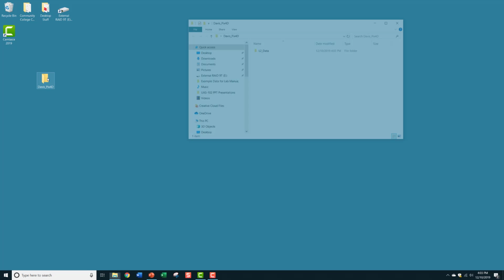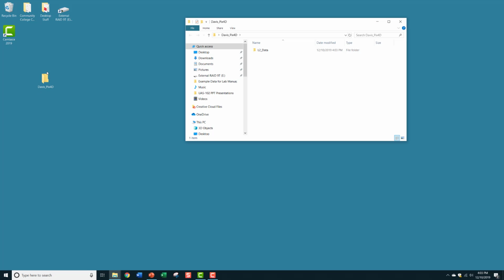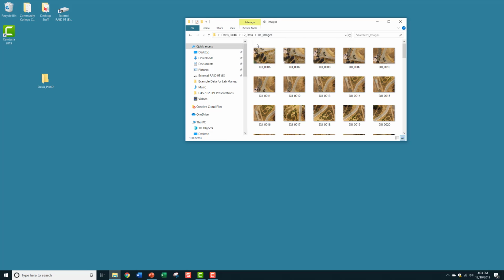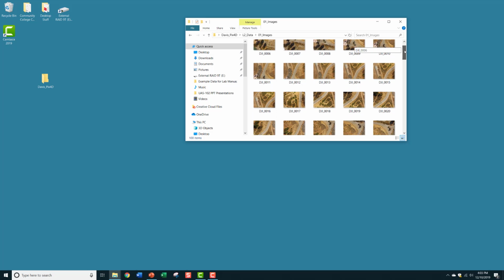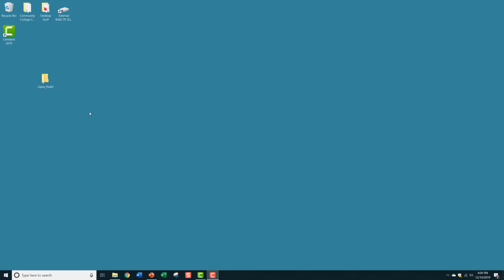And if we look at our file that we've created, sure enough, we have the L2 data file in there, and if we open that up, you'll see two file folders. One's images, and the other one's the O2 project. If we look at the images, you'll see that sure enough, there's probably approximately 100 images in here. So we're now ready to create, or actually going to open up the